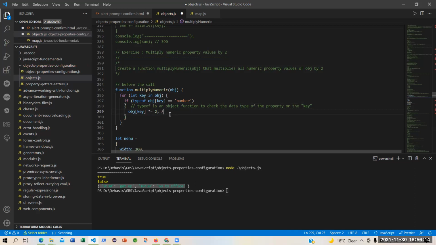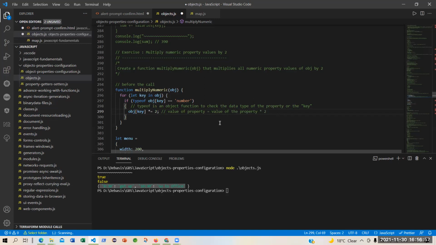The meaning is: the value of the property equal to the value of the property into 2. Basically, the key equal to key into 2.